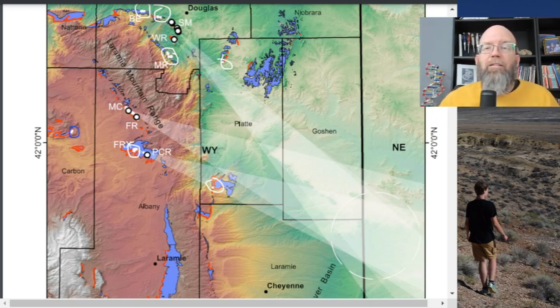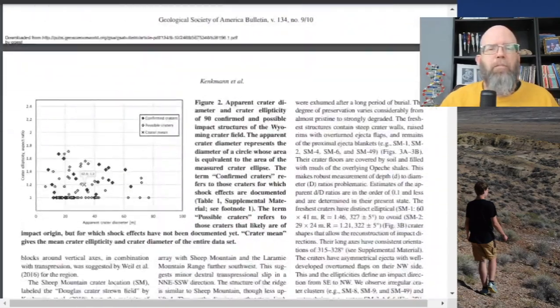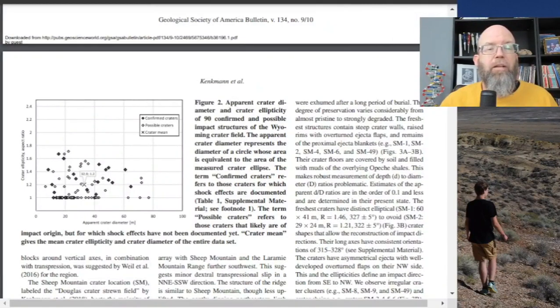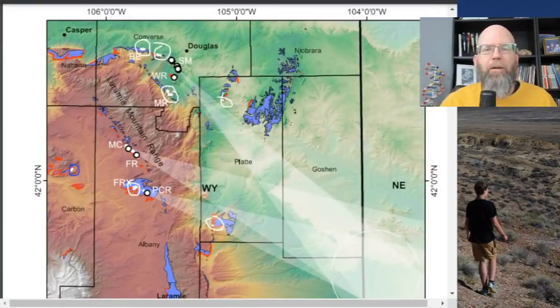All right, one other last thing to mention. Oh, yeah, I forgot, I should scroll down here and show you a little bit of the rest of the paper. This figure just shows that many of the craters are kind of similar in size, so it's a lot of similar sized material that's thrown out and is landing that far away. And if I could just go back to this figure again, there are only a few places where we have this rock, this age, expressed and eroded at the surface where we can actually look at it.